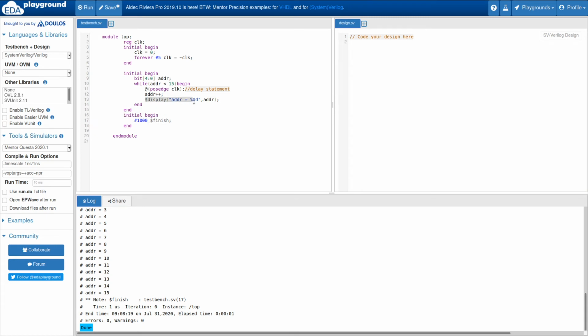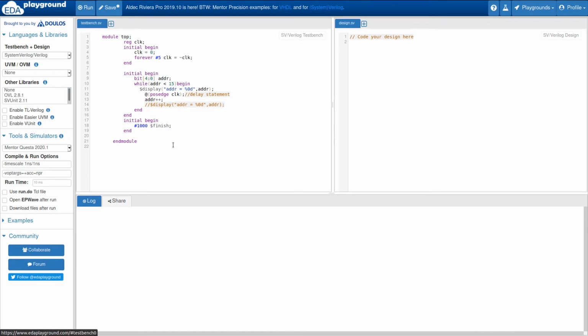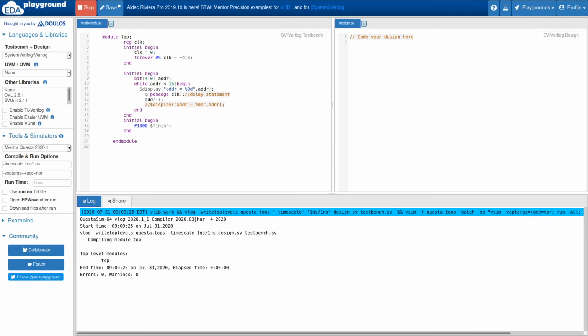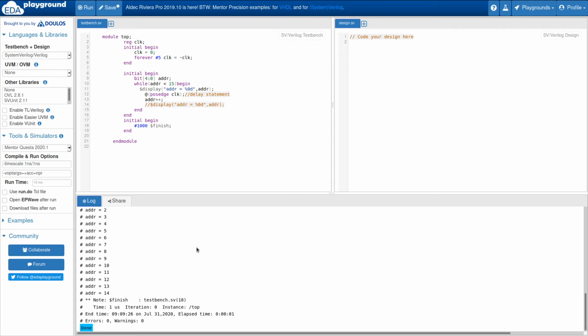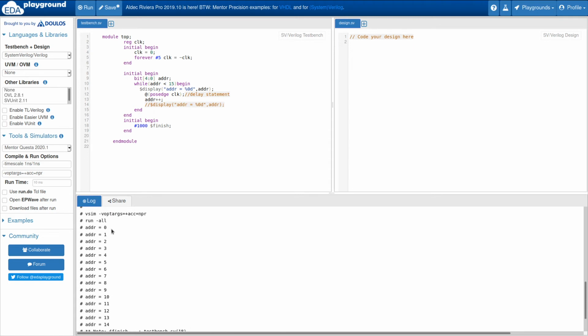Okay, what happens if we write this thing over here? Let's comment it and run the code. So as you can see, now it is fine, starting from zero, because the default value is automatically 0, so 0 to 14. So sometimes it depends on where you are putting the display statement, right.